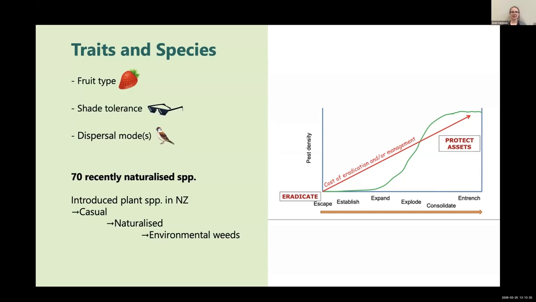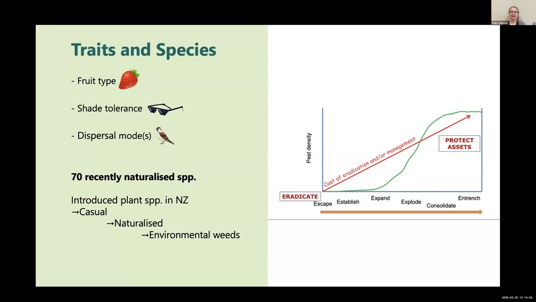Of introduced species, those that are casual occur only close to parent plants or just occasionally in the wild. They can then become naturalized when they have self-maintaining wild populations, and then a subset of these can become environmental weeds, which means they impact native biodiversity. Environmental weeds are only a small proportion of the large source pool of introduced species, but they threaten almost all indigenous ecosystem areas, and New Zealand's particularly vulnerable to this in part due to a high ratio of introduced to native taxa, few barriers to naturalization, and our status as a bird country.